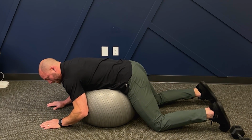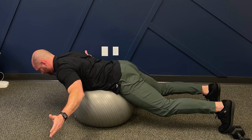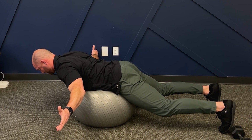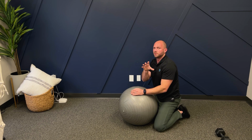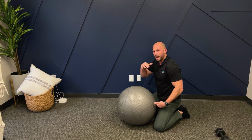10 seconds, not getting funky with my neck, and I'm coming right back up into it, tucking my belly, tucking my chin, turning those palms forward and thumbs up, and maintaining that position. And I'm holding that. I just want to do that sustained hold. I want to fire up those muscles, get those muscles really toned in between my shoulder blades. That's going to help me with my abdomen and my hips and get that entire core moving the way that